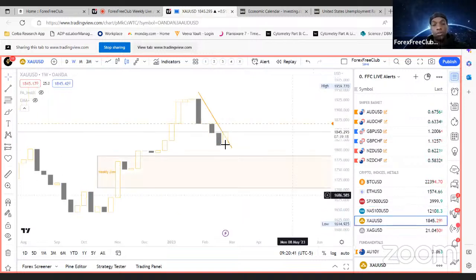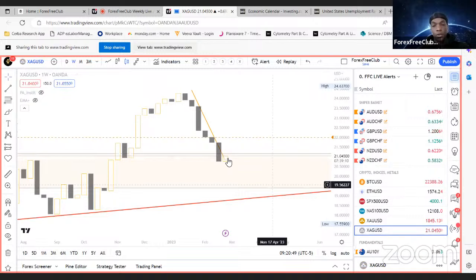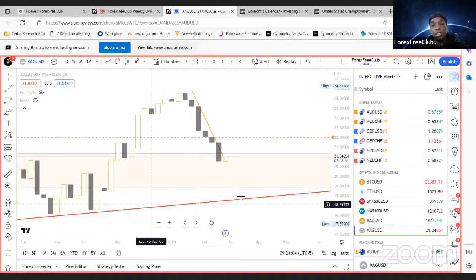All right, gold, we got our counter trend line break, so we're looking to take this up. And then silver, I don't know if I would consider that a counter trend line break. Probably not, but we don't have any supply zones. Obviously, the only supply zone we have is up here, so we'd be interested to see how price will play this range, or if it'll look for lower pricing before turning around.